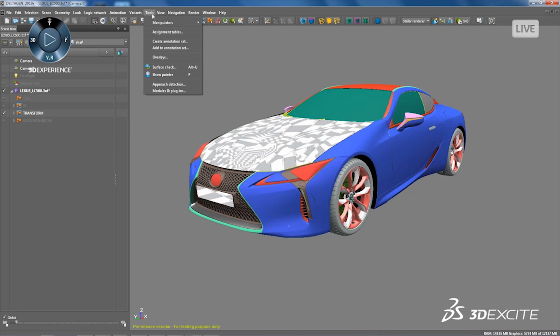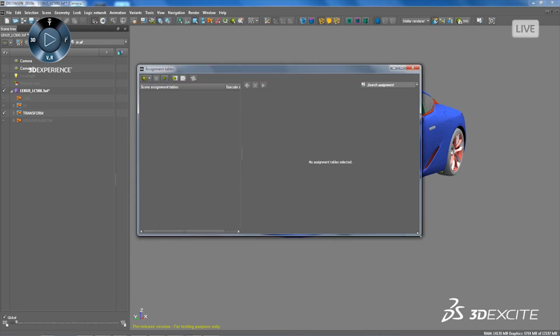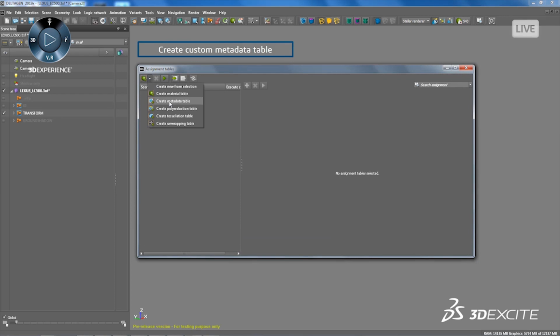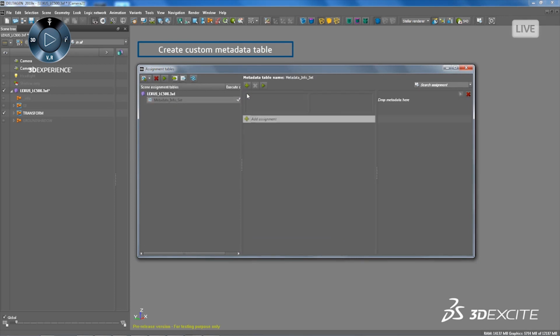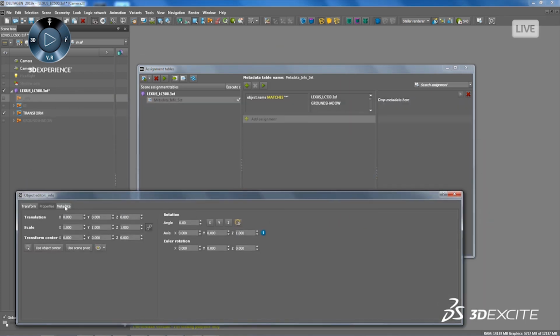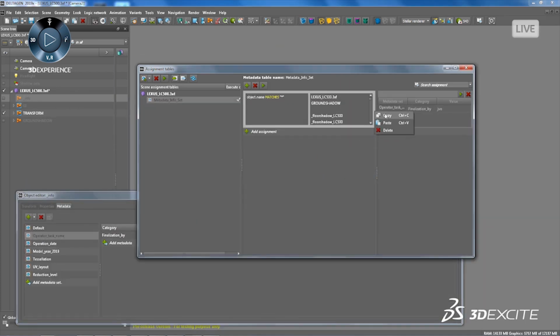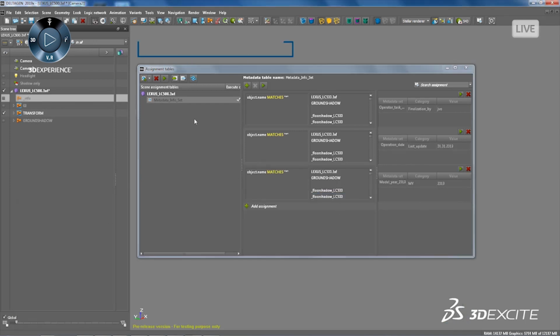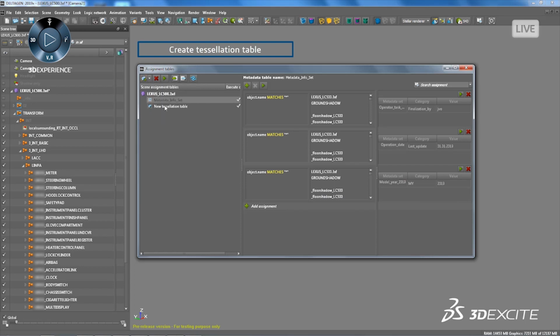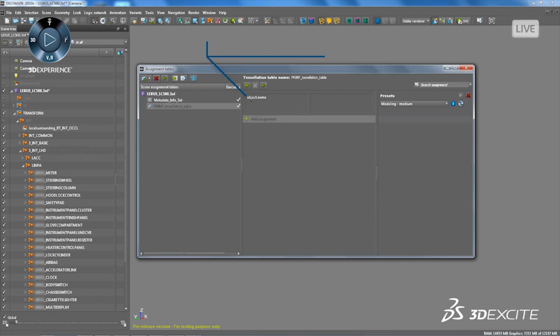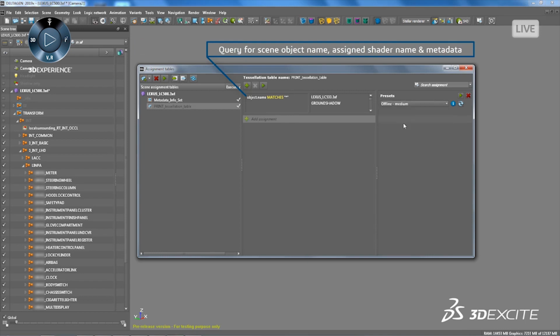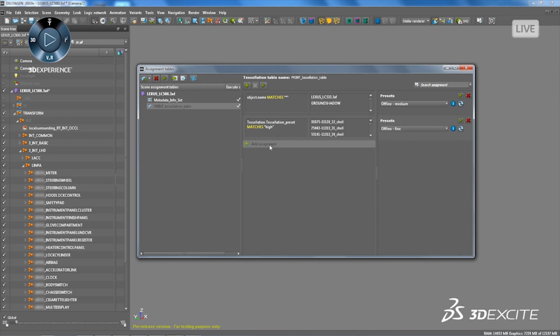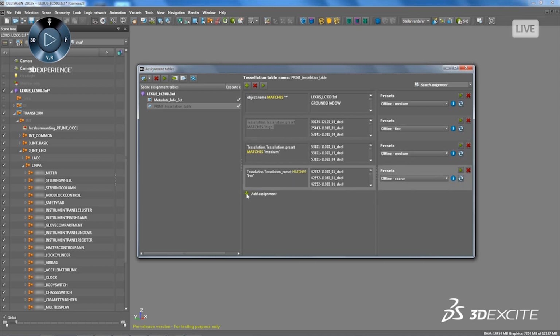So in that case, you can define some table with the new assignment table and its enhancements. You can define a metadata table, for example. The principle is simple. You just have to search for object name or look name or metadata name, and the assignment table will search inside your scene tree, your geometries, and inside the metadata, or the naming of the geometries, and will make the connection. So here we are creating a tessellation table,